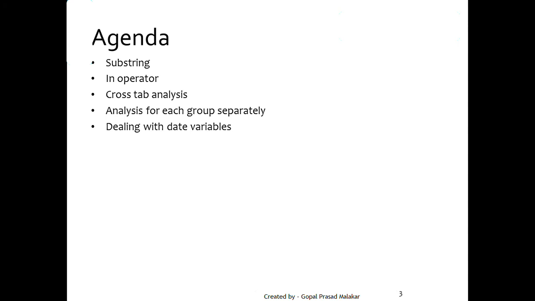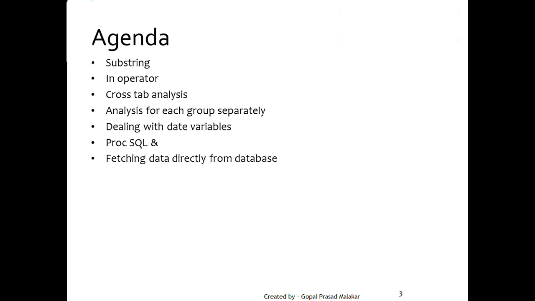How do you display date? How do you operate with date? Then proc SQL at the end, and proc SQL is very handy because if you are coming from SQL background, it helps you to pick up SAS very easily, because you can use SQL statements directly within the SAS envelope.